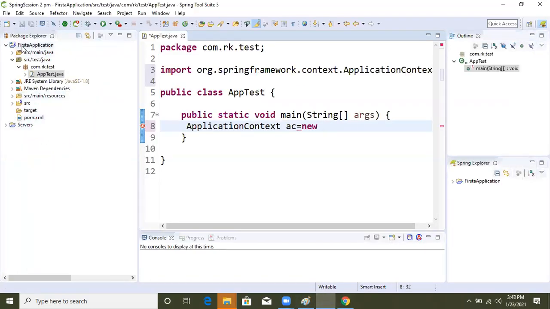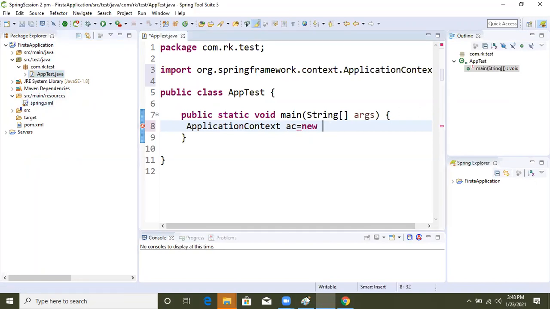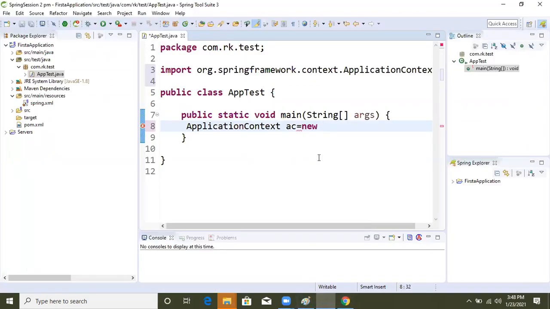Because this project is there, and inside that project our XML configuration is there. Because of that we are going to take that implementation class, ClassPathXmlApplicationContext.